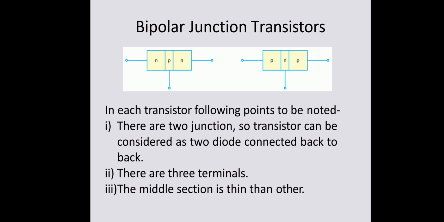A change in current at the emitter causes almost the same change in current at the collector. That means the collector current is proportional to the emitter current. Because the base is very thin, the recombination rate is very low. So the same current is transferred from the low resistance region to the high resistance region, because the emitter base junction is forward biased and the collector base junction is reverse biased. For a forward biased junction, the resistance is low compared to the reverse biased junction. So that's the bipolar junction transistor.